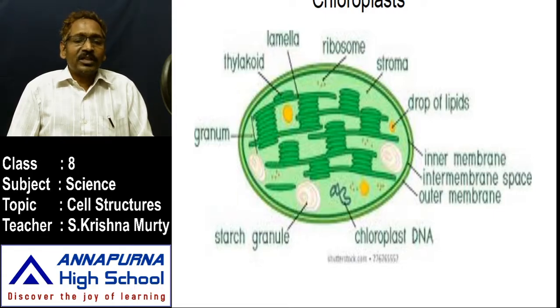Can you say what the two major regions are? One is the grana region and another one is the stroma region. So the photosynthesis activity is done in the chloroplast only. What is meant by photosynthetic activity? The preparation of the food material. Autotrophic organisms can prepare food material themselves. Where can they synthesize their food material? In this chloroplast only. They need chloroplast to trap the solar energy.